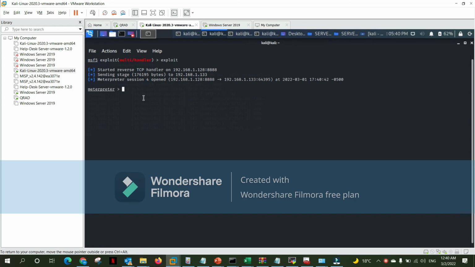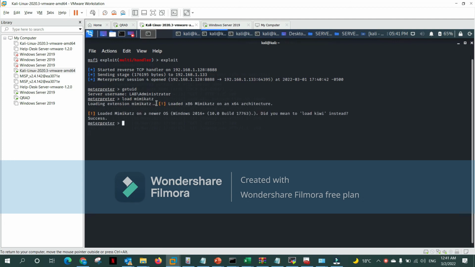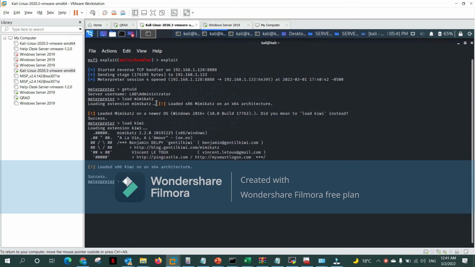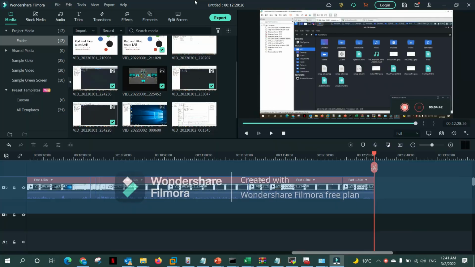First of all, let's get the user ID. Okay, this is the administrator who ran the file. Let's load Mimikatz, and let's load Kiwi, and let's type the Mimikatz command, which is